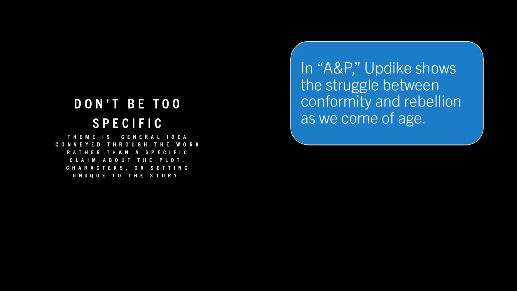And as a second example about avoiding too much specificity when you're talking about themes, in A&P, Updike shows the struggle between conformity and rebellion as we come of age. Again, talking about how Updike is speaking to this larger concept that speaks to a larger human issue,